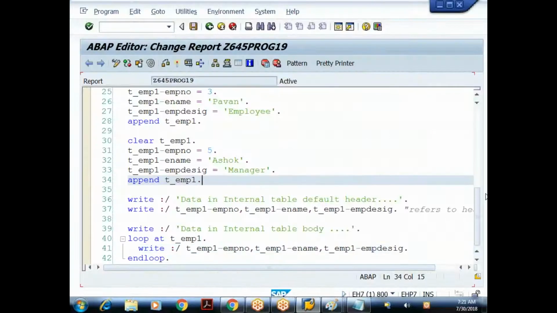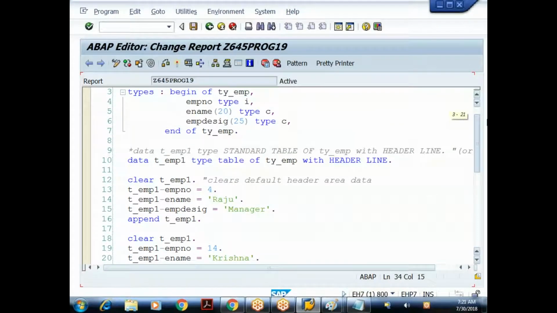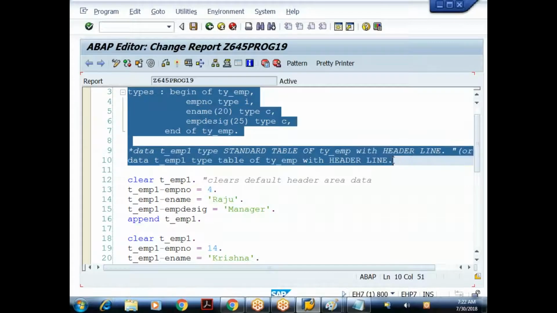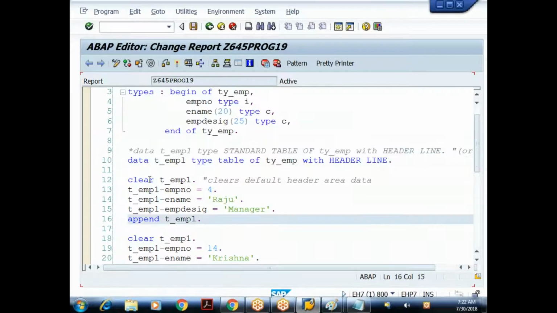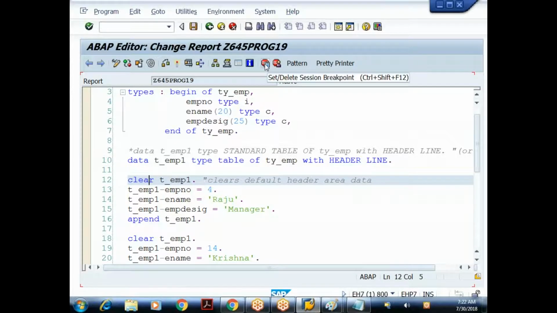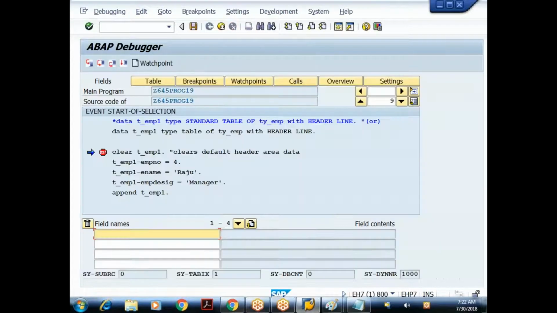Let me debug this. Okay, let us understand how it is executing internally. So these things come under what? Declarations, variable declarations. I cannot debug. I can debug only what? Executable statements. So I'll put the breakpoint here. I'm putting the breakpoint here on the 12th line. Put the cursor, set the breakpoint, set session breakpoint. So I'll click on this. Breakpoint has been what? Set. Breakpoint has been set. So when I execute, done.